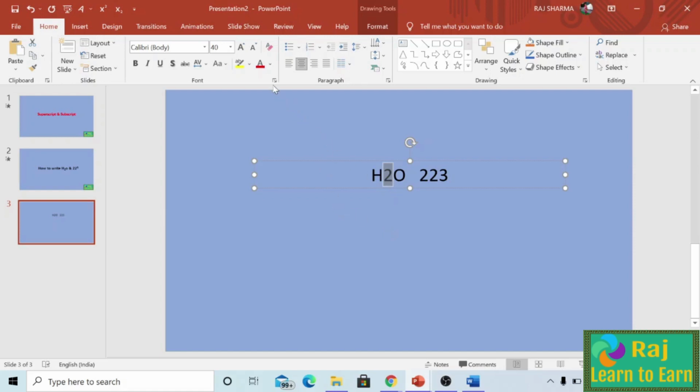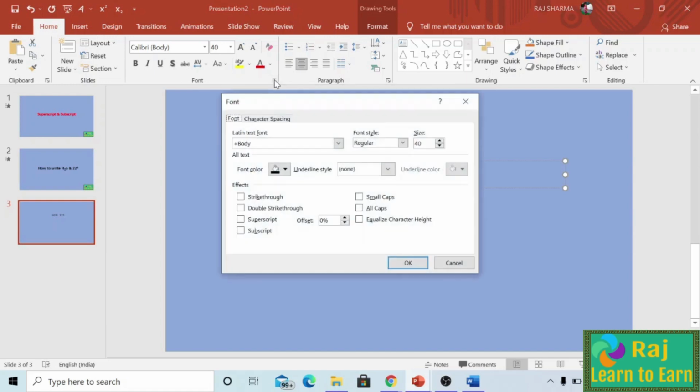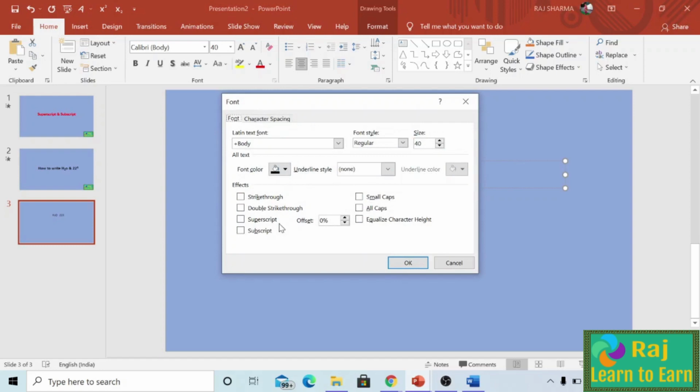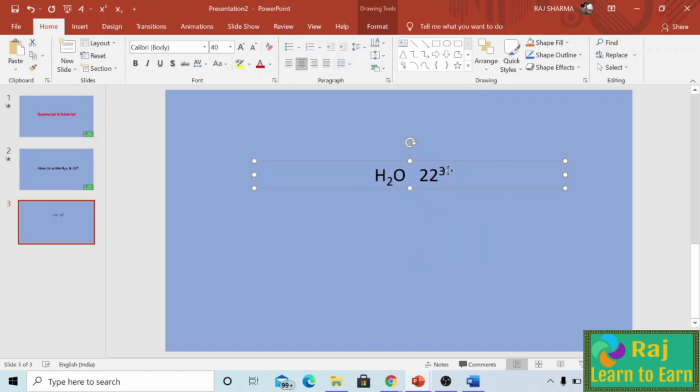So select it, and then in this tab font you can click here, and here you can get the two options, superscript and subscript. So I want it to be subscript, so I will click it. Then how much offset you want, it has been given here 25% negative. You can change it also, and automatically it has come downward. Similarly for superscript, select the digit and then click superscript. Now 30% it is going to go up from the normal position, so it has gone up.